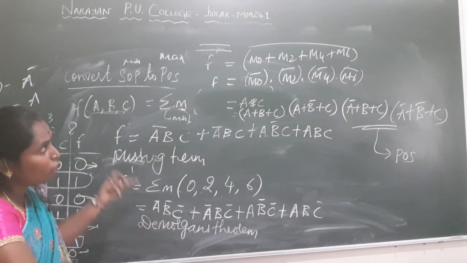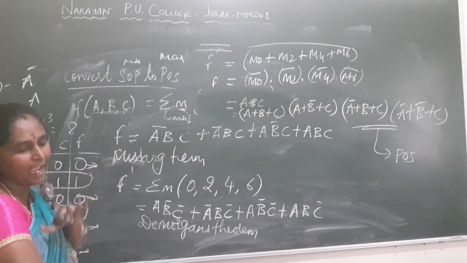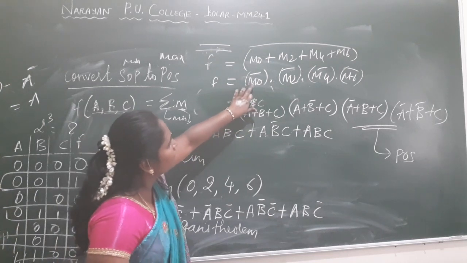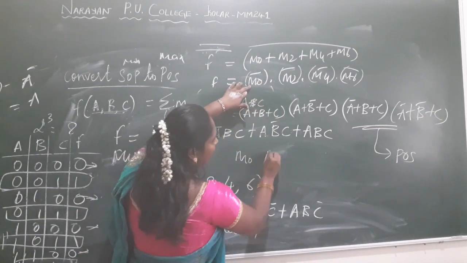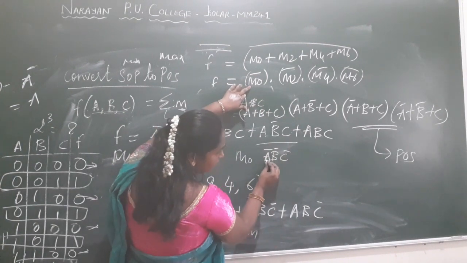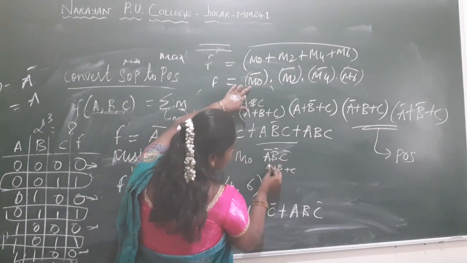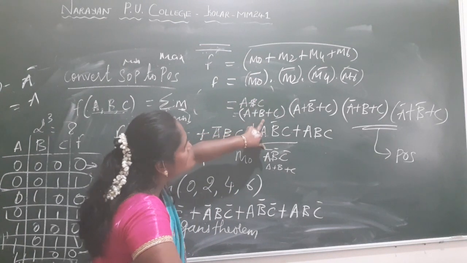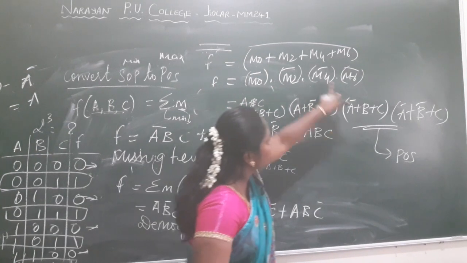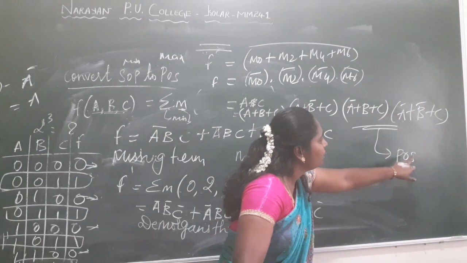De Morgan's theorem, I have already explained the rules. First complement the entire thing, change the plus sign to and sign, and the and sign to or sign. After changing, M0 becomes A bar B bar C bar; I am complementing, then changing the rules, so the product becomes plus here: A plus B plus C. So your complement is being changed. Then A plus B plus C into M2, again written in the form of sum term. Next M4, next M6. This becomes the POS, that is product of sum terms.